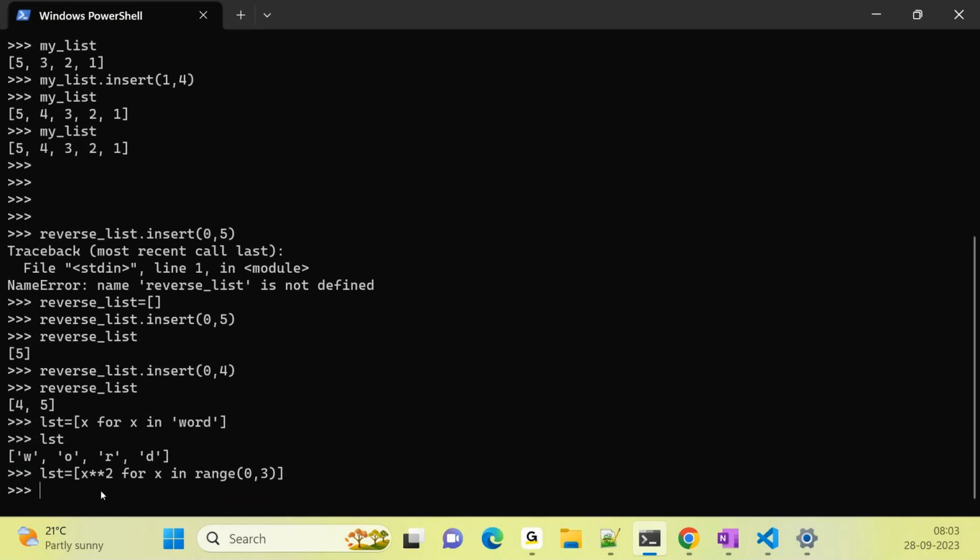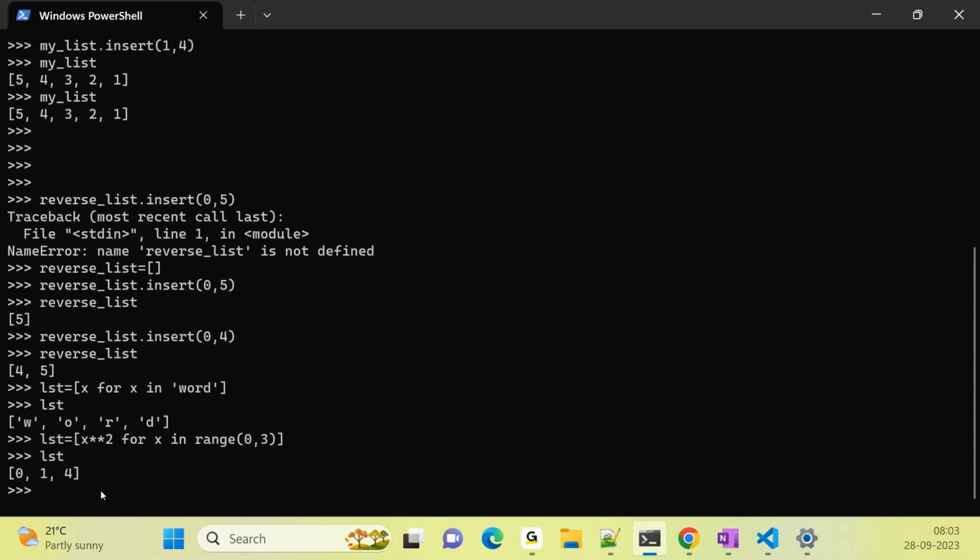So the list will look like this: 0, 1 square is 1, 2 square is 4, so 0, 1, 4. Similarly, what I can do is reverse equal to for x in my list,